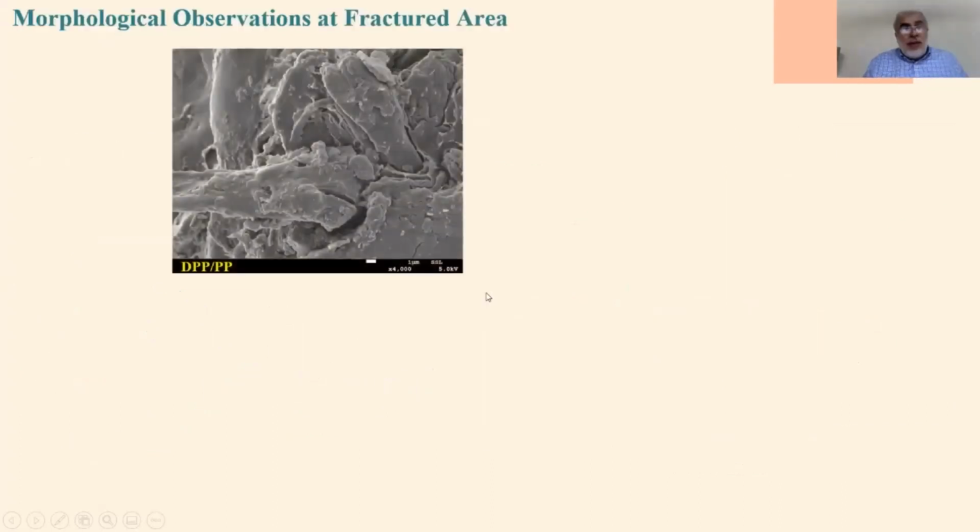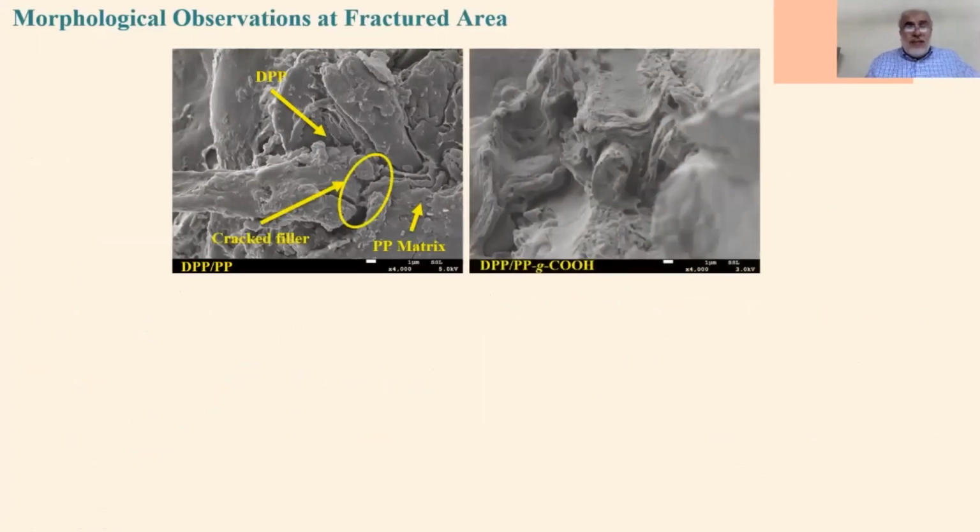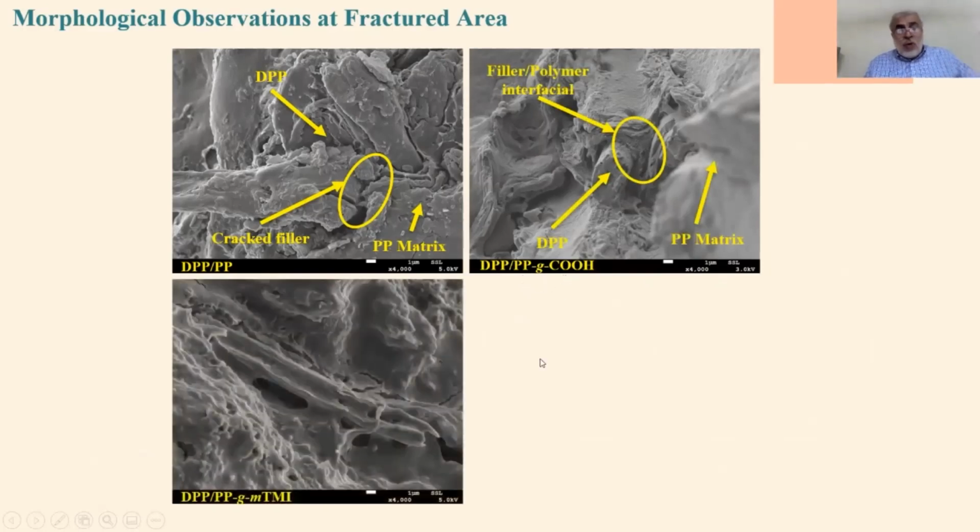Those four cases, the control or baseline case and the three grafted polymer-based cases, were examined using SEM. Here we can see the bonding between the DPP and the polymer. There is some bonding, but not so great. Here, this is the enhanced interface between the two after applying the first route, which is the PP grafted using COOH. The same conclusion can be applied to the other two cases using mTMI and